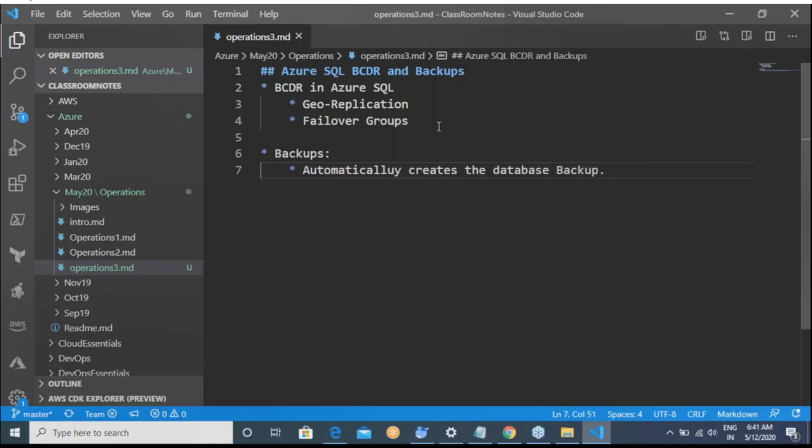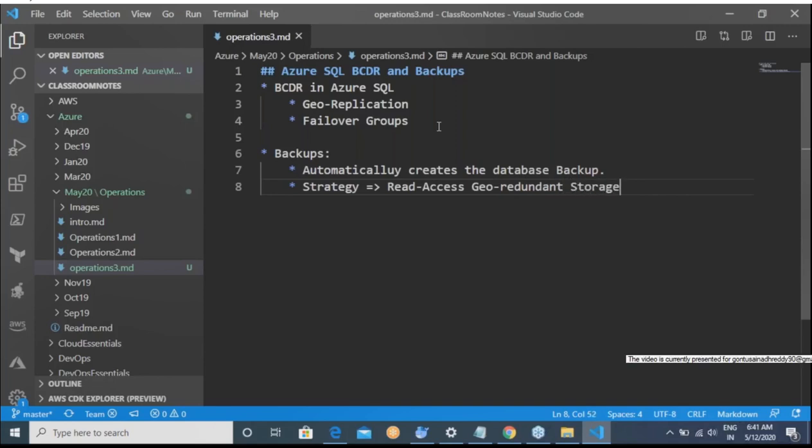The strategy which it uses is read access geo-redundant storage. What do I mean by that?